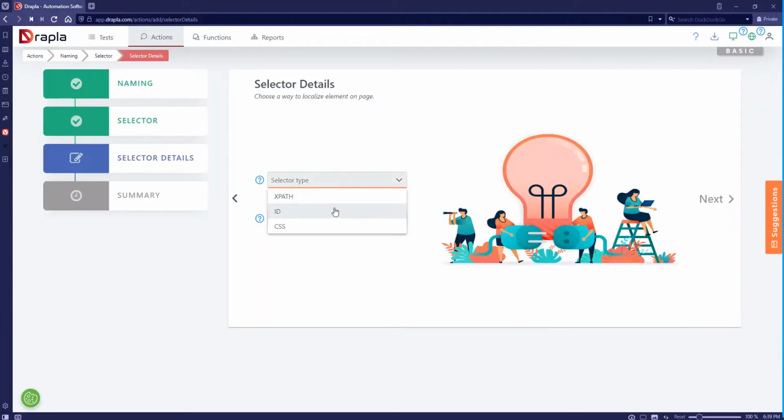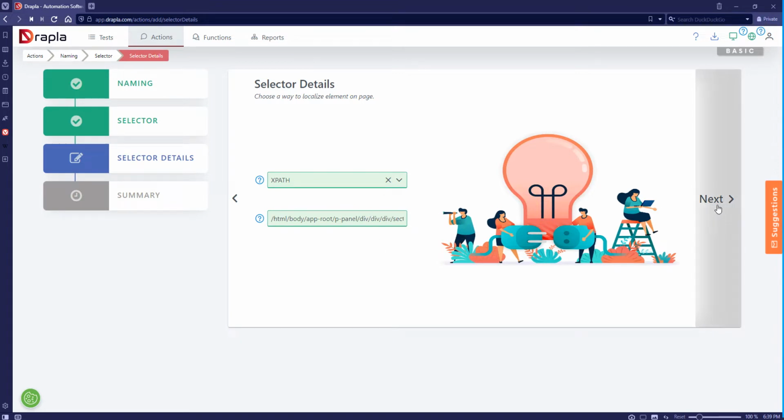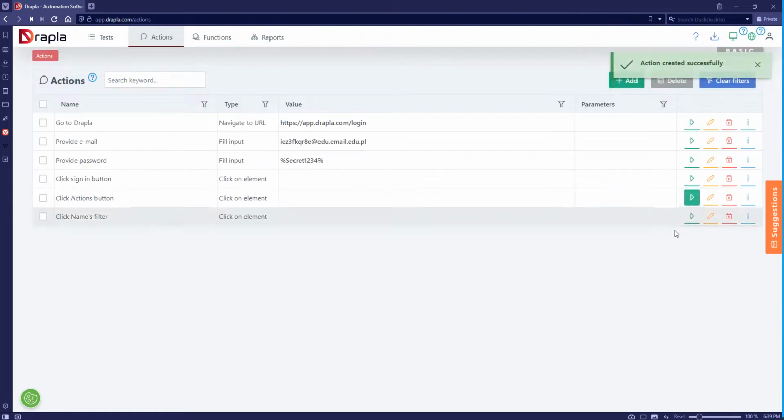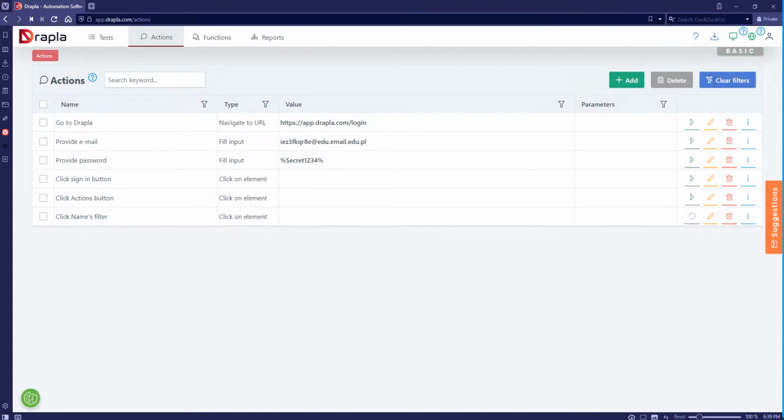So we can just use XPath, then we can paste the value which we copied a few minutes ago. Then we can press next. There are all the details of our action. Then we can press the finish button. As usual, a toast appeared that the action was created successfully. Click names filter, and we can run the action.